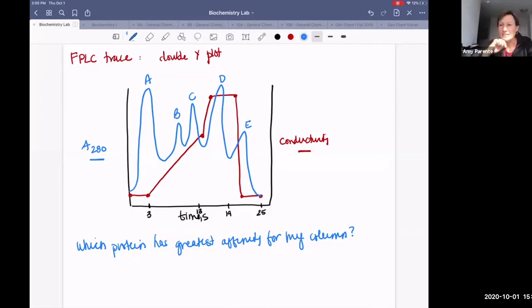So for some people, I saw a lot of A's. Some people are like, it's got to be either the first or the last, but I don't necessarily know which one. Some people said D with a question mark. Corinne and Kate, you were both D with a question mark. Part of that maybe is my inability to freehand draw very well. So maybe E is past the point of the high salt. But in general, the thing that has the greatest affinity for the column is going to be